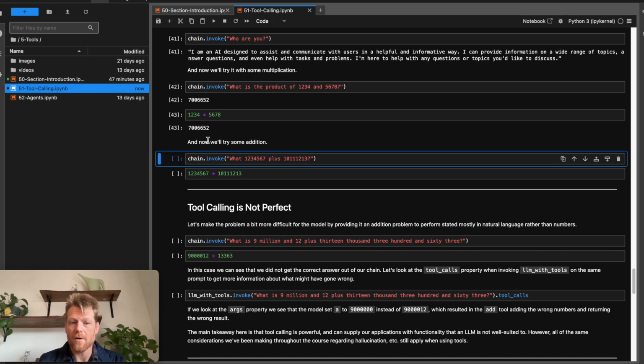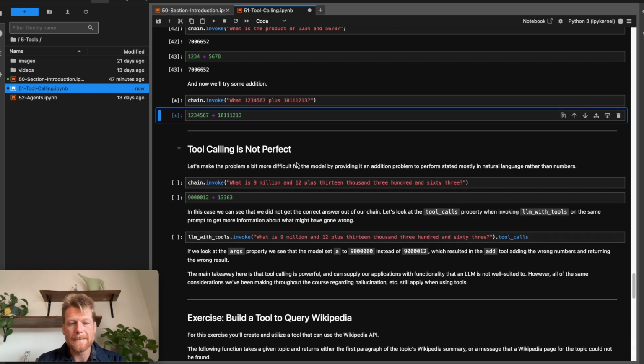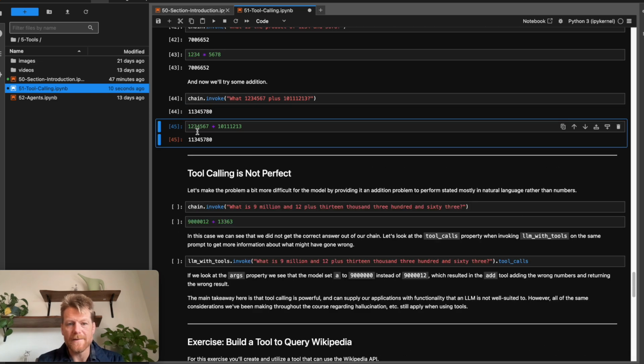And then let's try instead to ask it for something that involves addition. And you can see in this situation also, it was able to utilize the add tool to use Python to come up with the correct value of adding these two numbers together, which we confirm here by literally using Python to get the same value. Okay, so